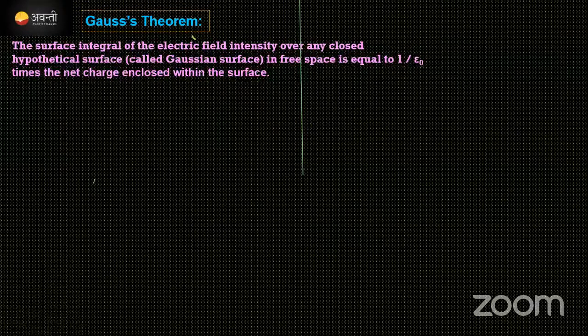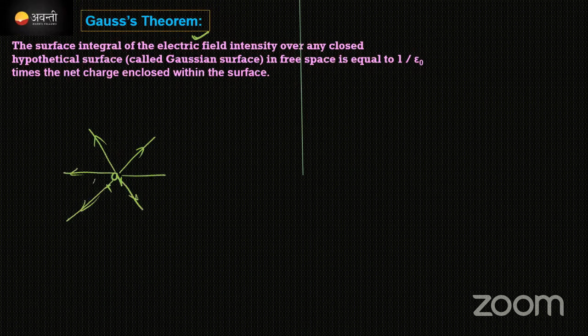Okay, Gauss theorem. What is Gauss theorem? According to him, guys, just suppose here this is one charge, a plus charge. Because of the plus charge, the electric field will be moving radially outward in all directions like this. So at all the points, if I take this point A, some electric field intensity will be created by this charge. If I take a point here at the same distance, here also I will get an electric field intensity. Correct? To find out this electric field intensity, he has given a simple method.